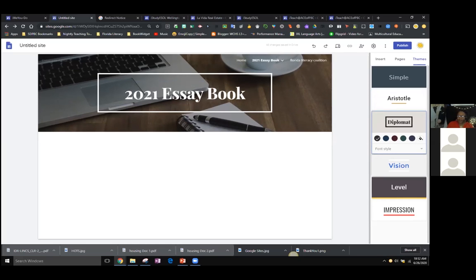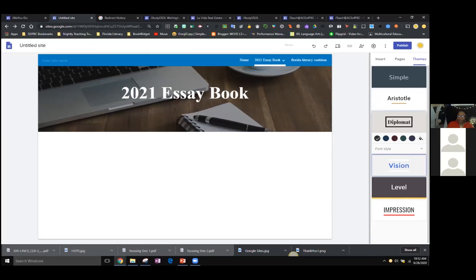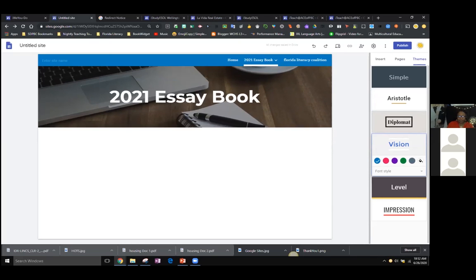So right here, you get the opportunity to choose whatever theme you want to choose, because it just changes the font. And then you also can change the colors of the banners. So I can change this to green or purple, pink, and there's more when you hit the paint pan. I hope you're getting excited about this, because this is a really great tool for education.